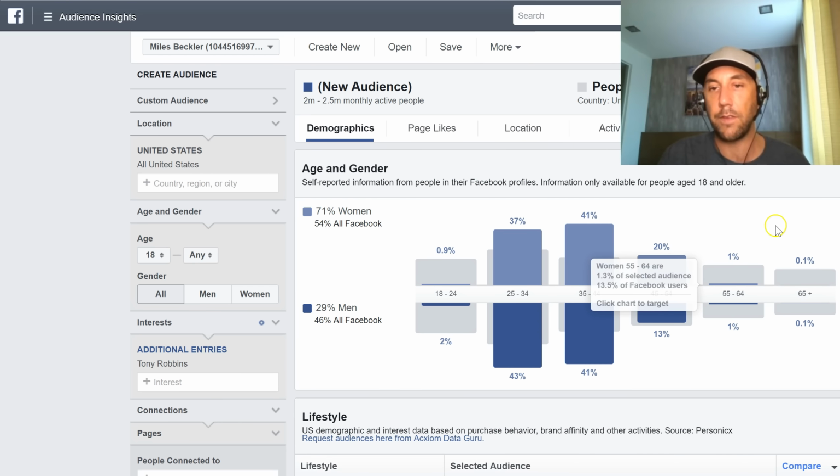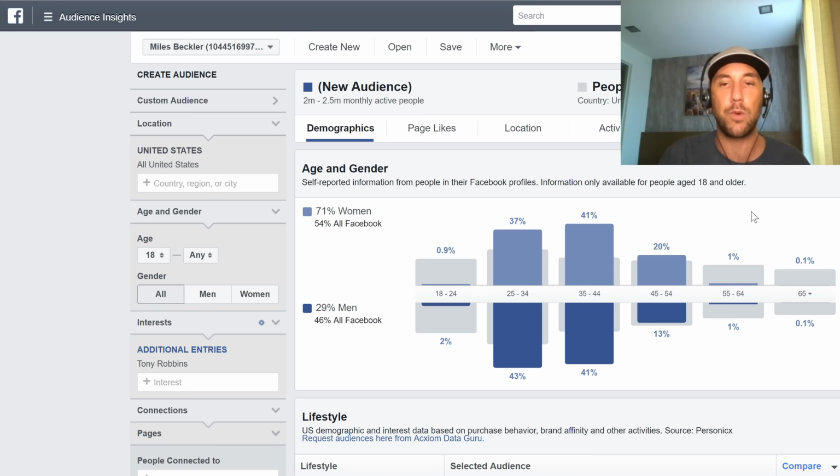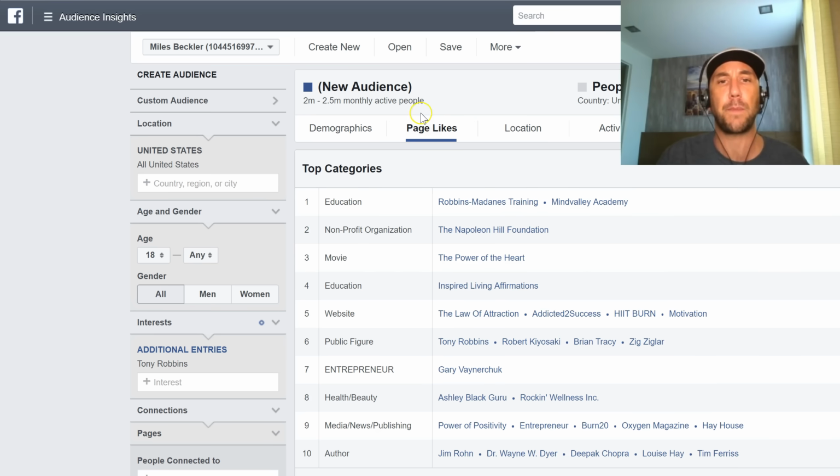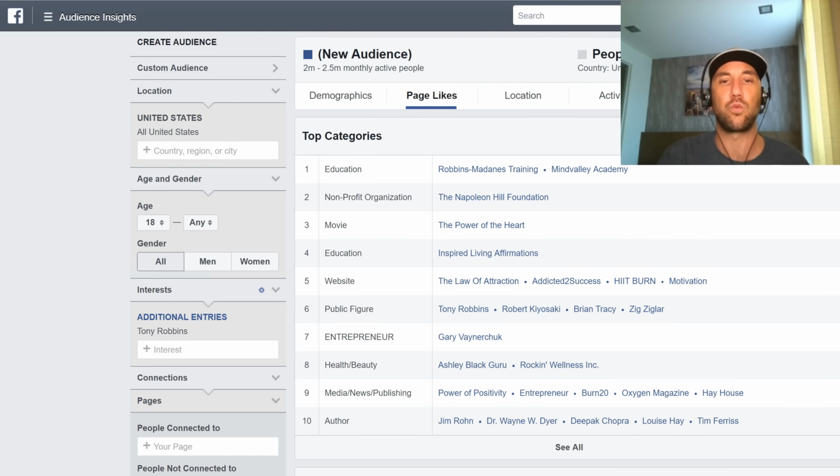So you can see at the age of 55, he does not even compare to the normal amount of Facebook users. So in your ad targeting, you can definitely focus your target towards this younger demographic, but we don't need to do that yet. What we can also do is click on this page likes, and here's where you get a lot of really